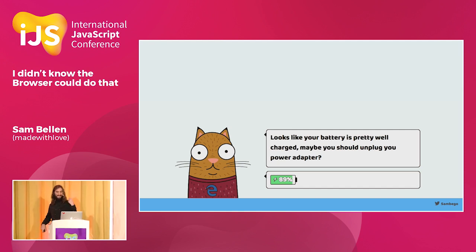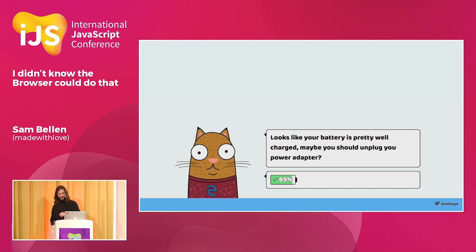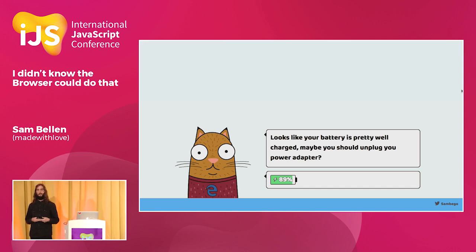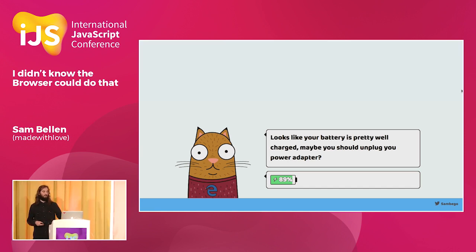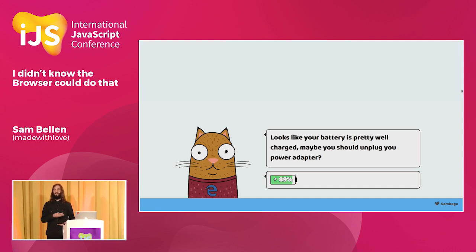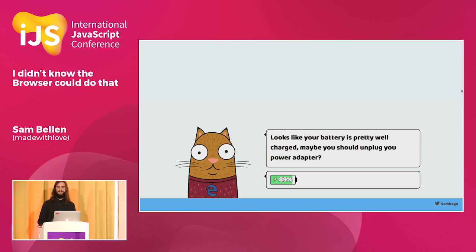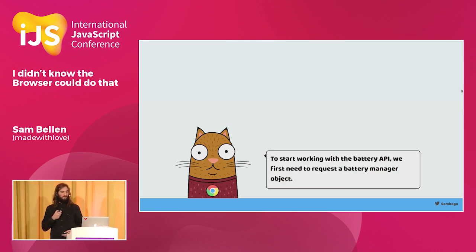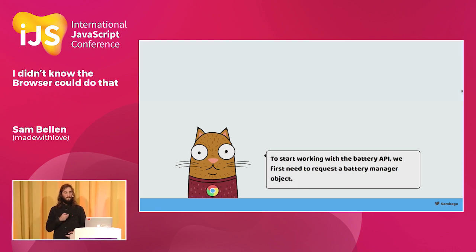Now you can listen to changes in the status of your battery or the status of your charging, if you're charging or not, and then respond to those changes. If all goes well, it should work, but it does not do this at the moment, so let's just continue. So what you need to do to work with the Battery Manager API, the first thing